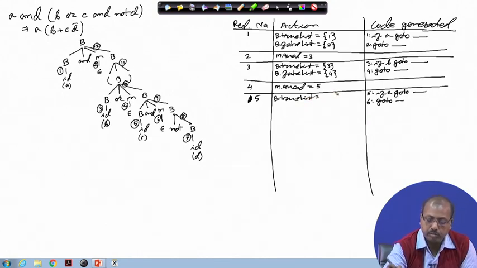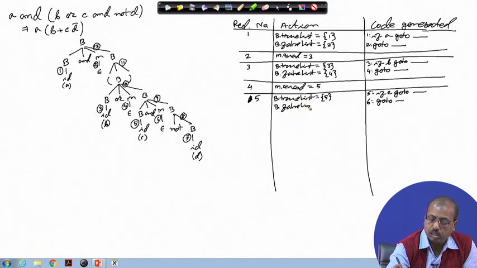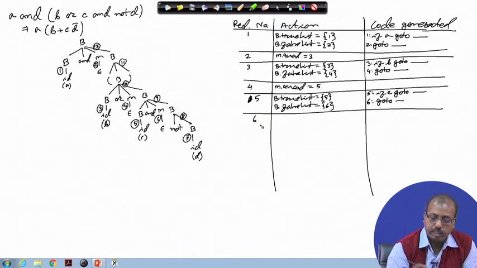B dot true list equal to 5 and B dot false list is equal to 6. So, this is at reduction number 5. Reduction number 6 is M producing epsilon. So, M dot quad equal to next quad, that is 7.